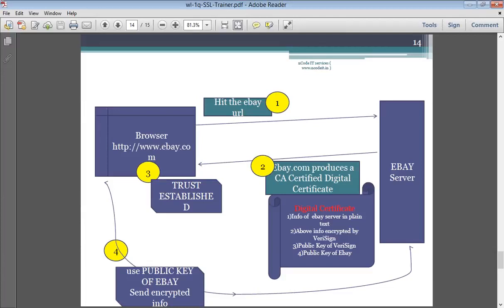See this one. Step 1. If you look at the yellow box here, a browser, you hit the eBay URL using HTTPS. Here there is no HTTPS, it has to be HTTPS here. So the eBay server has produced a CA certified digital certificate. Now the browser validates it, the trust is established, and this is the information you will see in the digital certificate,